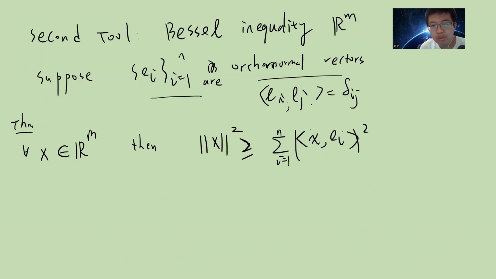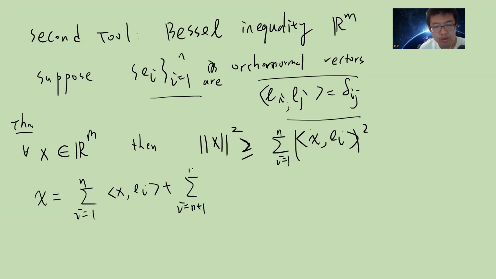these e_i are orthonormal vectors, but maybe they are not a basis. So for example, you can write x equals the sum of x_i e_i, i from 1 to n, plus the sum from i equals n plus 1 to m. You just find the complement and find an orthonormal basis of the complement, so you get something like this. Then you take norms, and the norm of x is greater or equal to the norm of this part because they are orthonormal. And notice, if this equality holds,